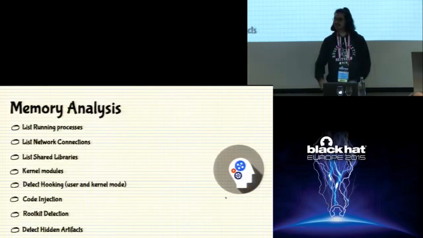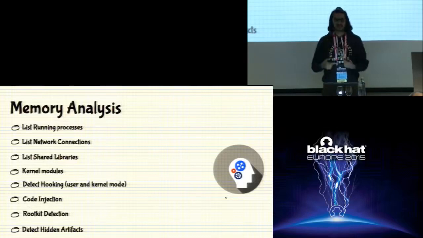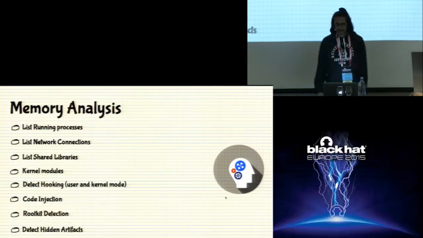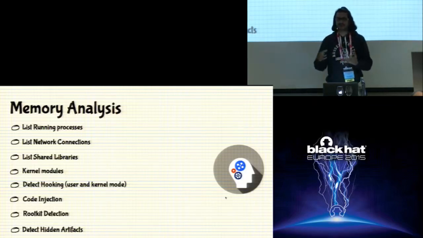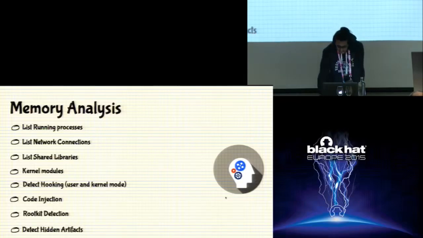And next is, once you execute the sample, you take the memory image. You analyze the memory image for forensic artifacts, so it can give you very interesting information. When I show you the demo, it will be clear. But these are some of the information that you can find. You can determine the list of running processes on the system. You can determine the list of network connections, the shared objects, the kernel modules loaded, the code injection, the hooking, and so on. So when I show you the demo, it will be clear.